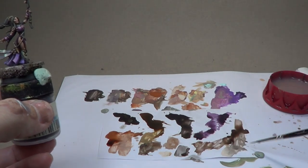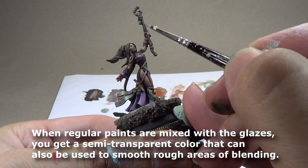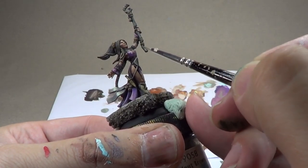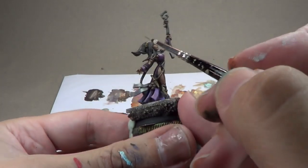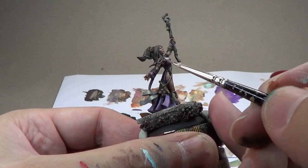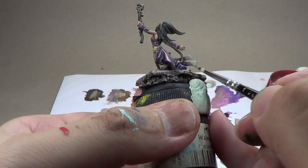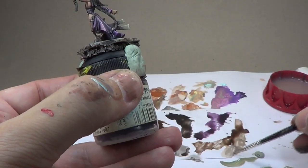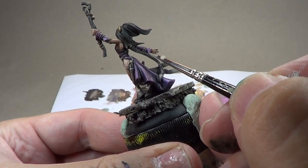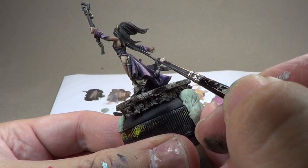And by doing something like this, it gives me a color that I can use here on the staff, or on the hair. It's a nice subtle color, or down here on these ribbons of parchment. I could mix this with the black if I wanted to. I can do a few little touches on the braid here,